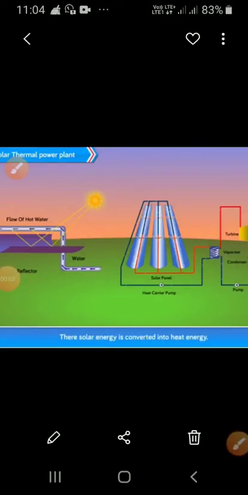Today we are going to study the same chapter, that is towards green energy. It is chapter 5 of Science 2. So here I will see the solar thermal power plant, but before that, we will recall what we have studied